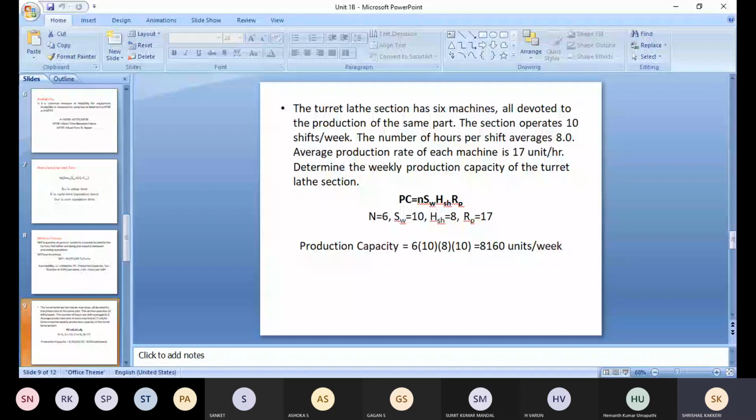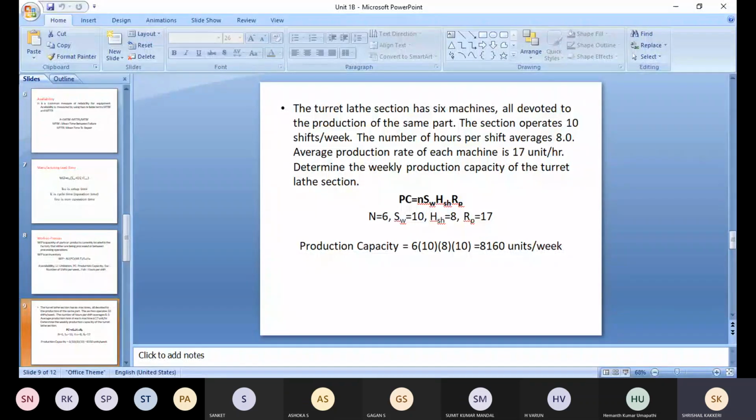And integration of operations. Integration of operation is integrating the two machines. For example, once a part is completed in one work center or one machine, it will be carried to the next machine. To do that, a worker is required, he has to orient the part, and take the part to the next machine. The non-operation time will be increased. So to avoid this, we can have a conveyor, some kind of automated device which will convey the part from one machine to the other machine. That will be called integration of operation.